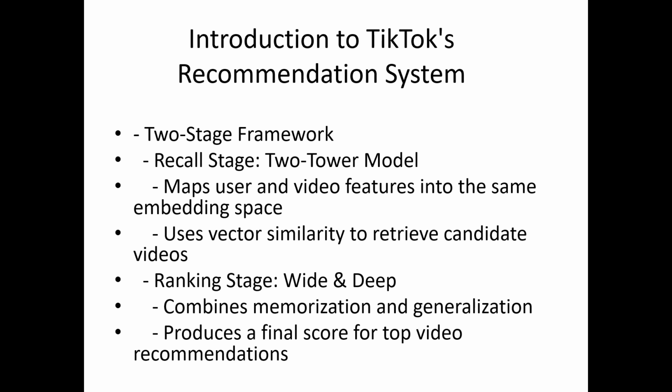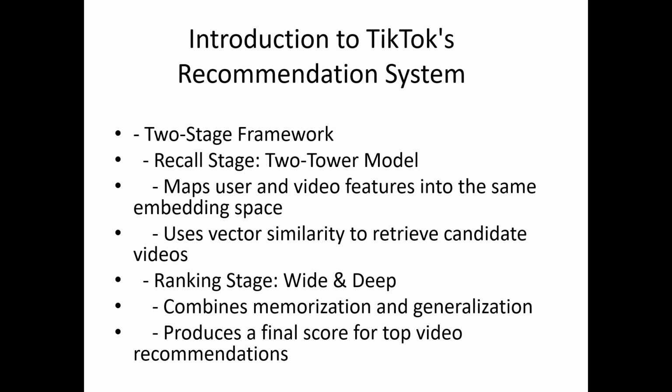The two-tower model consists of two neural networks: the user tower and the item tower. In the recall stage, the user tower maps user features to a vector space, and the item tower maps video features into the same space. The similarity between these two vectors is then computed